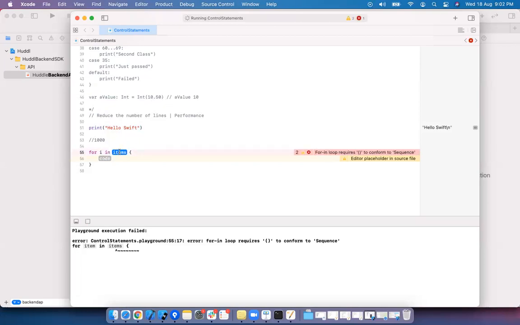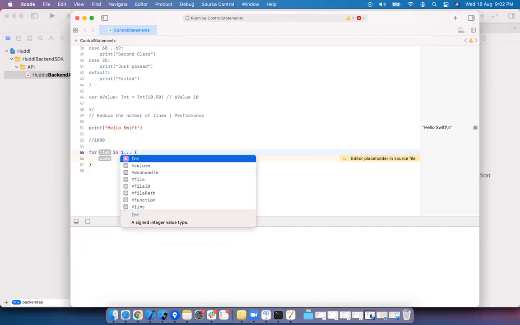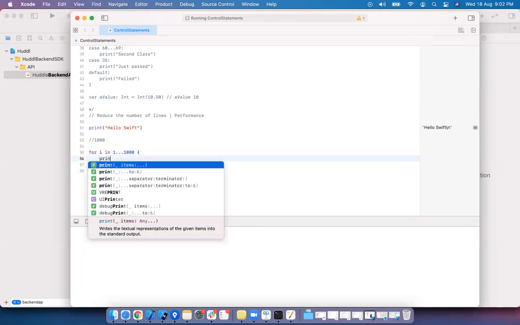We need to pass a collection here, an array. Items is the collection, item is one element. How do you make a collection? 1 to 1,000. These are a group of values. I'm taking one value each time and printing all over.